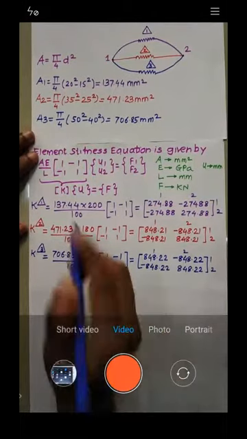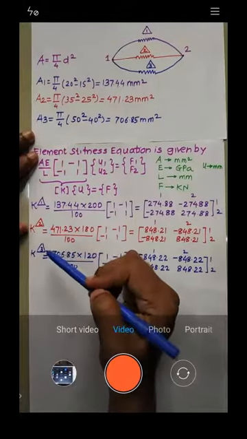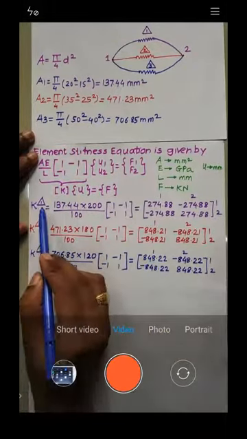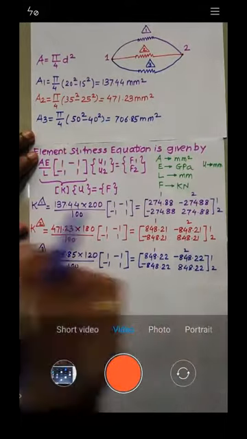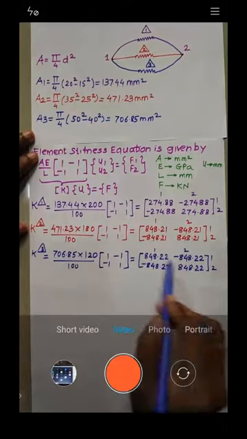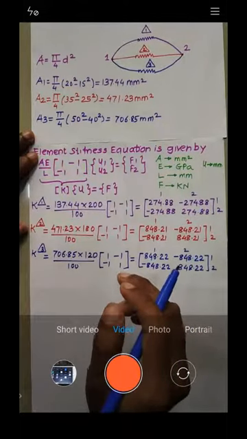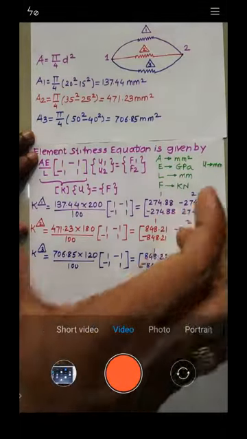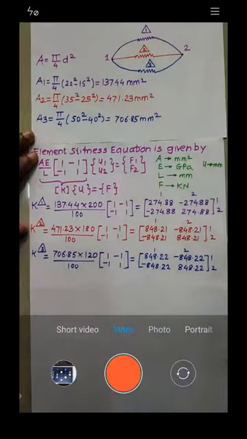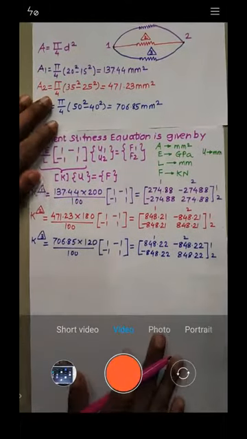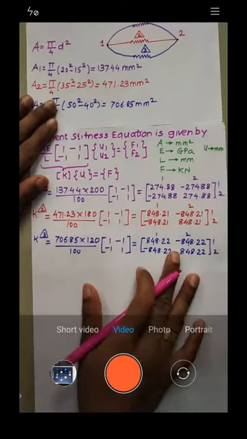So now see, we have element stiffness matrices. We have it for element number 1, element number 2, and element number 3. This element stiffness matrix will take care of element number 1, this one element number 2, and this one element number 3. But we should have a single matrix which will take care of all these elements. Such a matrix is called the global stiffness matrix.